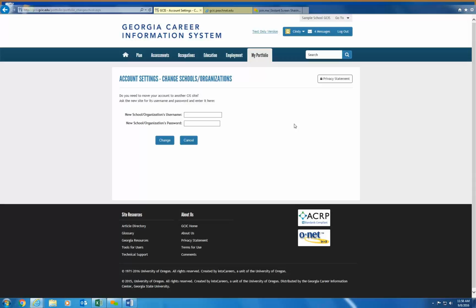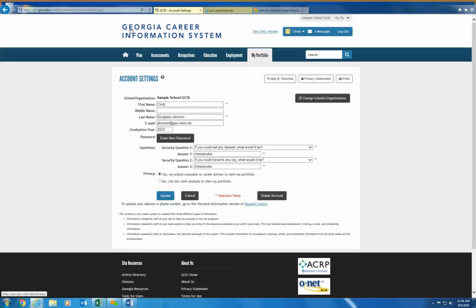So remember, that is the main username and password for that site that is available to the principal, the site coordinator, and any person who has an interest in career development at that site. So the site administrator has the opportunity to share that username and password at their discretion. But if the student is moving his or her portfolio, they would need that school username and password to transfer to the new school. All right, I am going to click on Cancel.